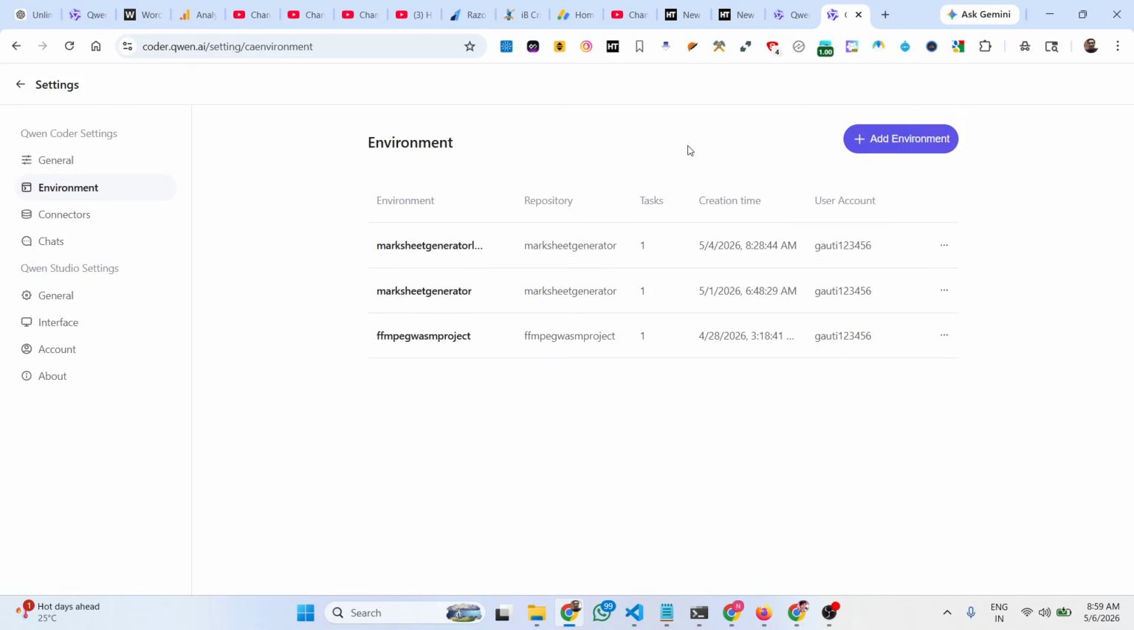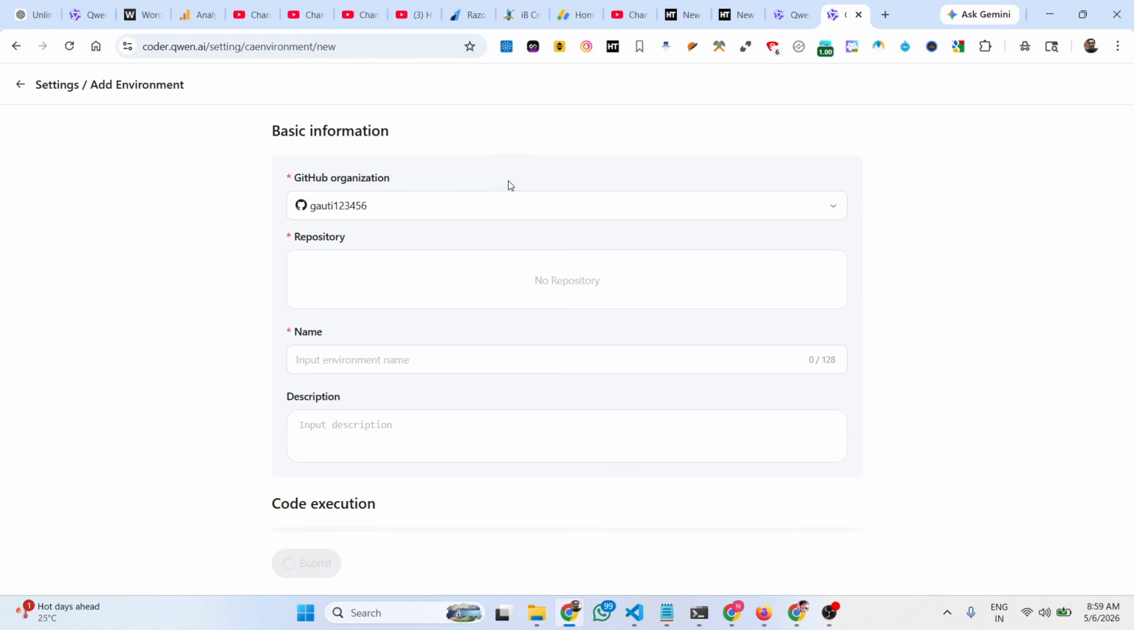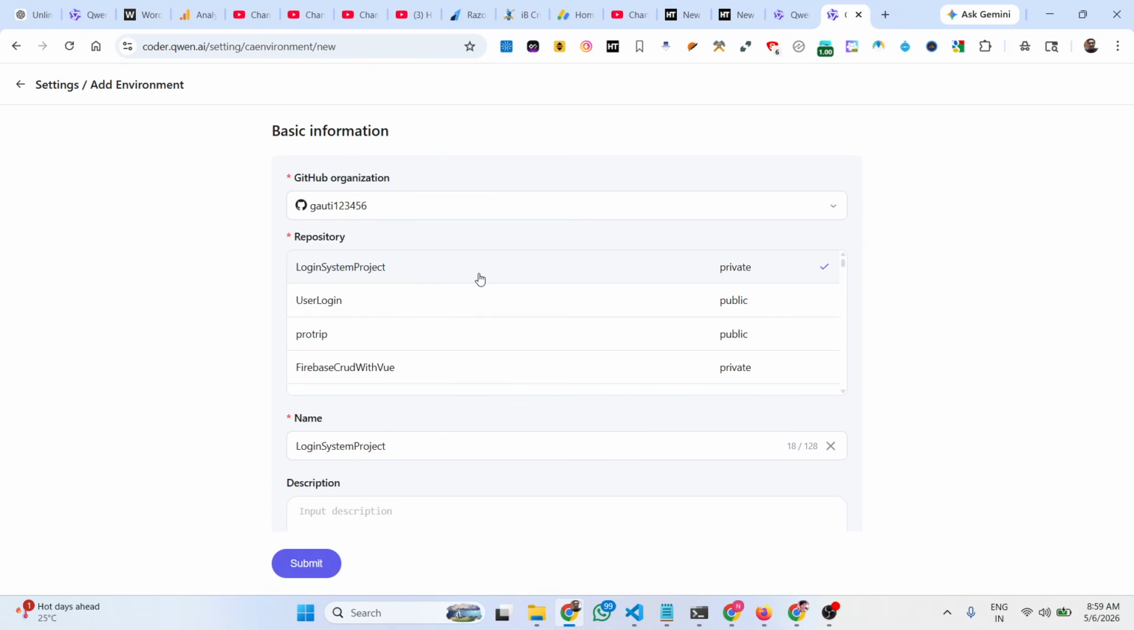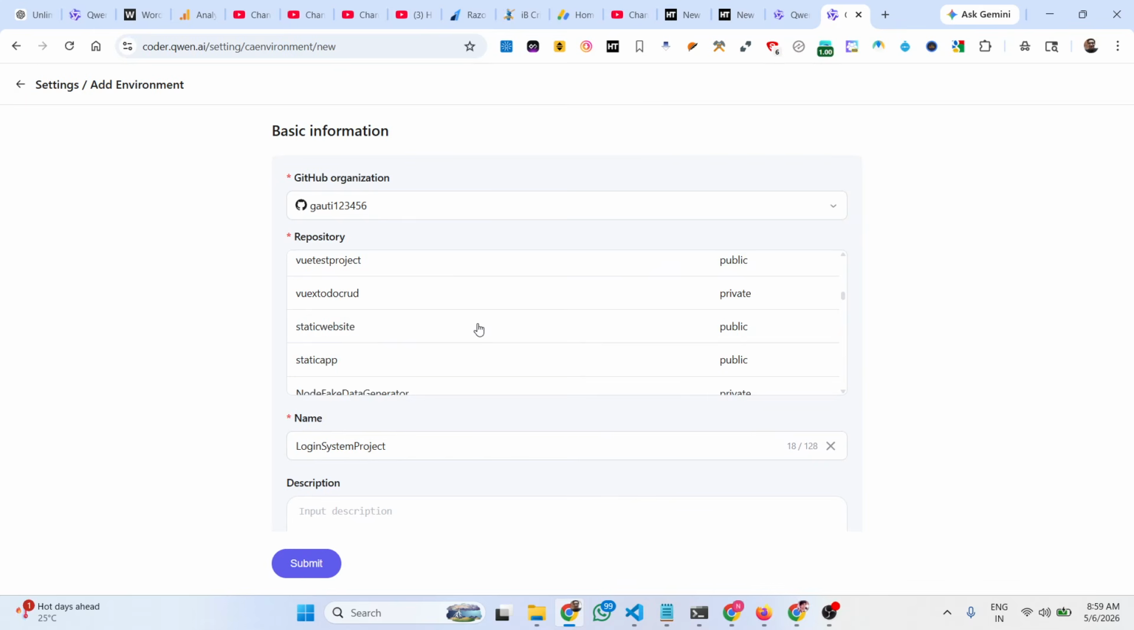If you do want to connect this, you click the environment button. As you see, you click on the add environment button. First of all, it will ask you to connect your GitHub account. I have already done that. You can see that my GitHub account is connected, and from here you select whatever repository you want. As you see, all your GitHub repos will come directly,